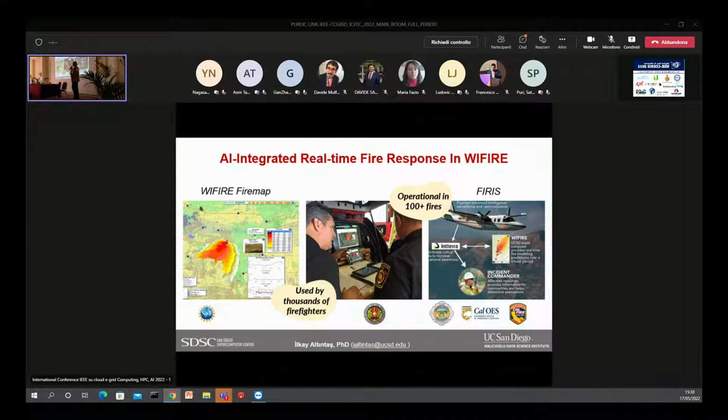But then the LA Fire Chief called me and said, how can we use it? We went there. We have middleware workflows. It was 2015. And we are sort of looking at each other to understand their requirements. So together, we developed FireMap, which was for initial attack, because in LA, when a fire ignites, for that fire